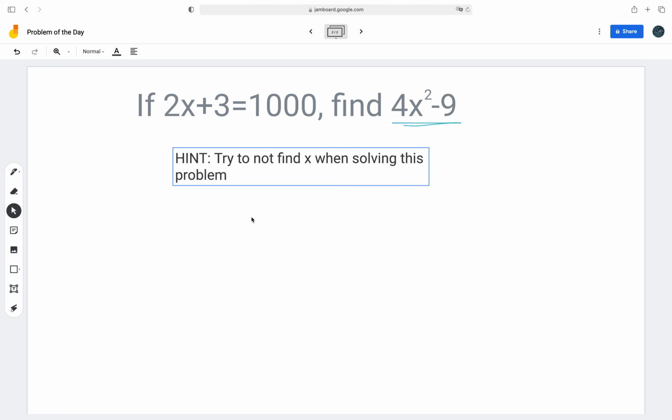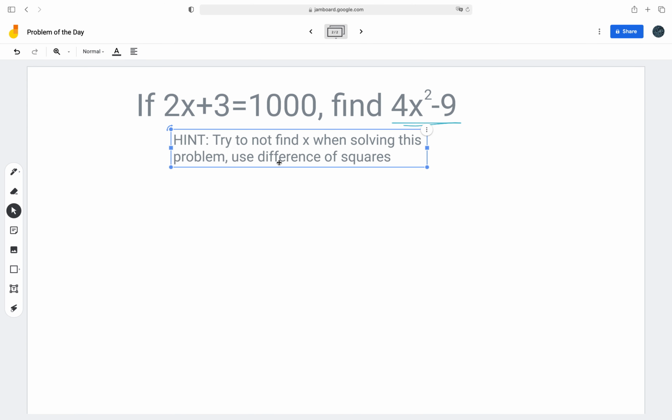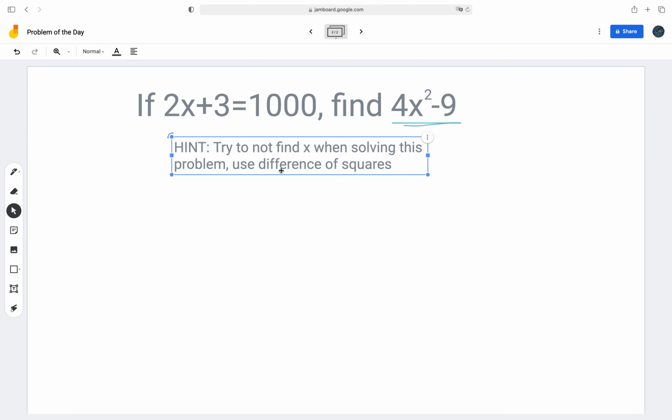Another hint will be to use difference of squares when solving it. If you can figure it out, let me know in the comments below